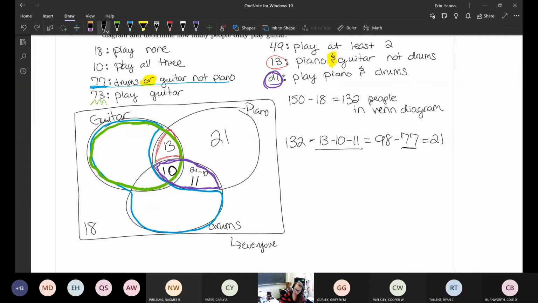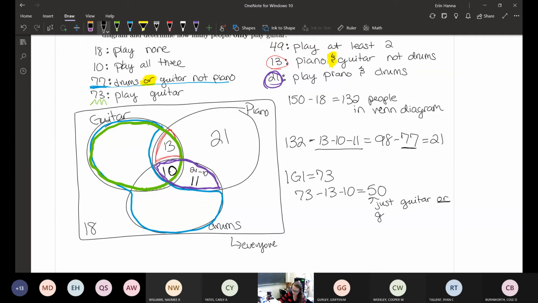Well, I need to know how many people play guitar or play guitar and drums and take that out. So if we think about this guitar piece here, we know that there's 73 people who play guitar. So that entire guitar circle must encompass 73 people. We already know that 23 are spoken for in the 13 piece between guitar and piano and the 10 piece in the middle. So we know that 73 minus 13 minus 10 equals 50 is just guitar